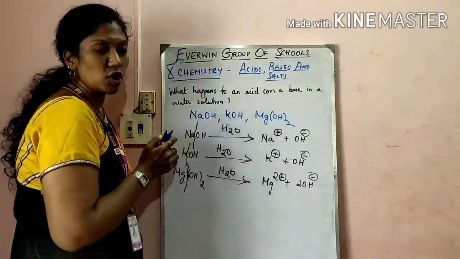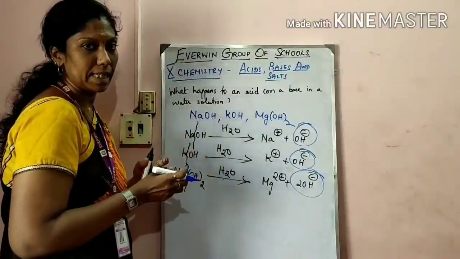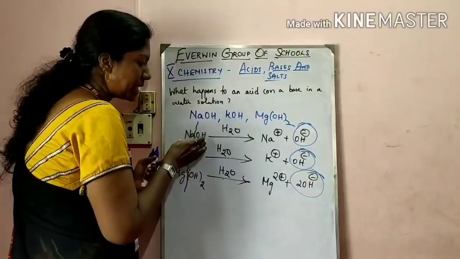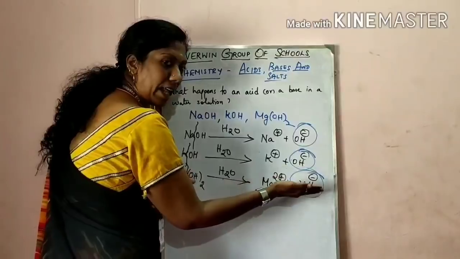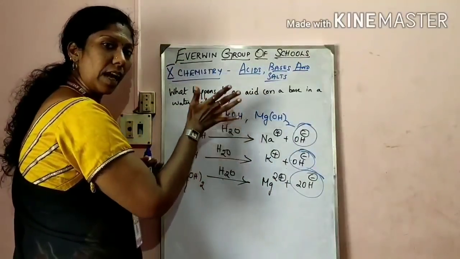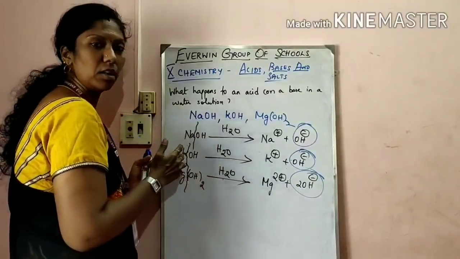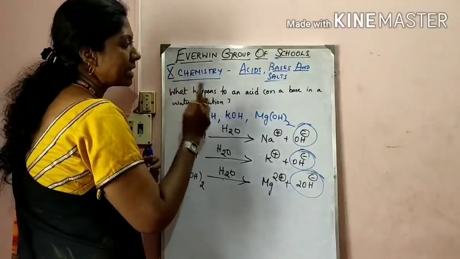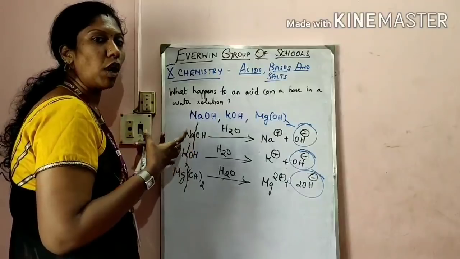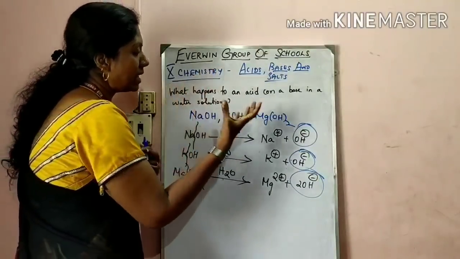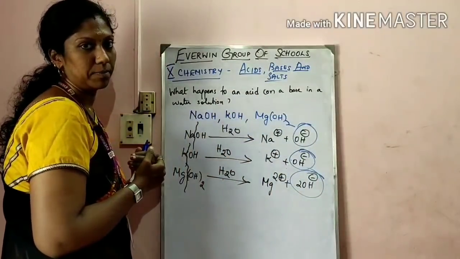So now in bases, which is common? Yes, the OH- ion is common in bases. Therefore, the bases will dissociate to OH- or hydroxyl ions when placed in aqueous medium. We also learnt the water soluble bases are called alkalis. So when acids are placed in water solution, they dissociate into hydronium ions, and when bases are placed in water solution, they dissociate to hydroxyl ions.